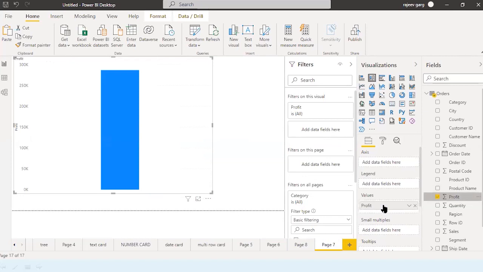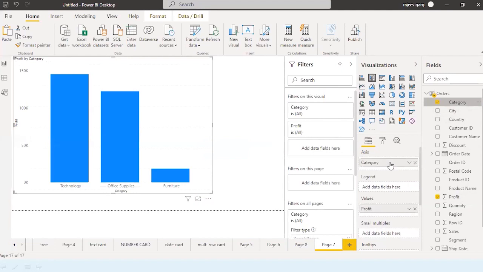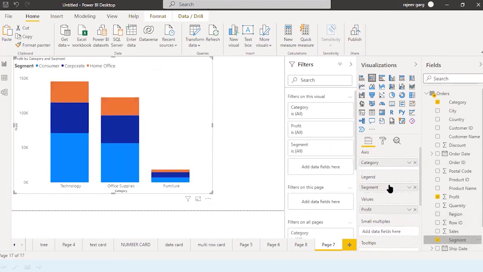Category, subcategory, region, segment, whatever. So I will say I wanted to bifurcate it on the basis of category. So I will put the category into the axis, right? Now in the legend, if you wanted to bifurcate this on the basis of something, then you can put, let's take segment into the legend.